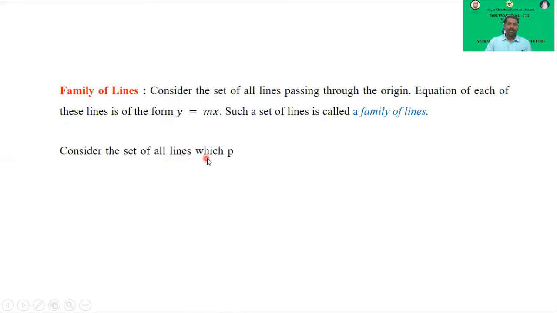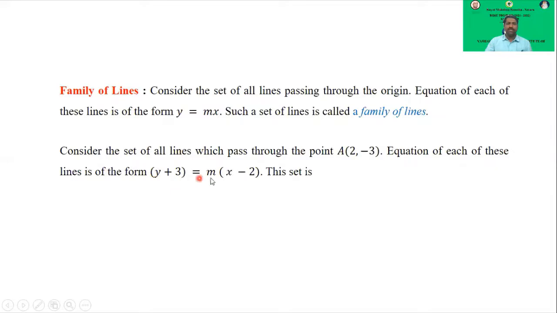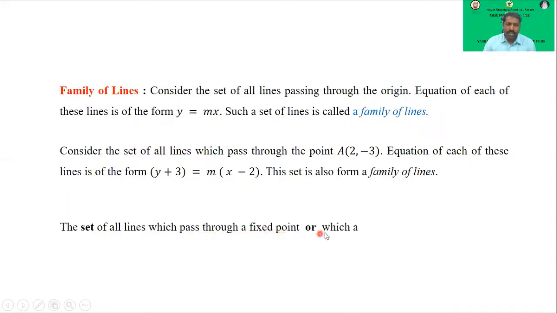Consider the set of all lines which pass through the point (2, -3). So equation of each of these lines is of the form y minus y1 is equal to m into x minus x1. So y plus 3 is equal to m(x minus 2). This set is also a family of lines. So for different values of m, we will get different lines, each of these lines passing through the point (2, -3). The set of all lines which pass through a fixed point or which are parallel to each other is called